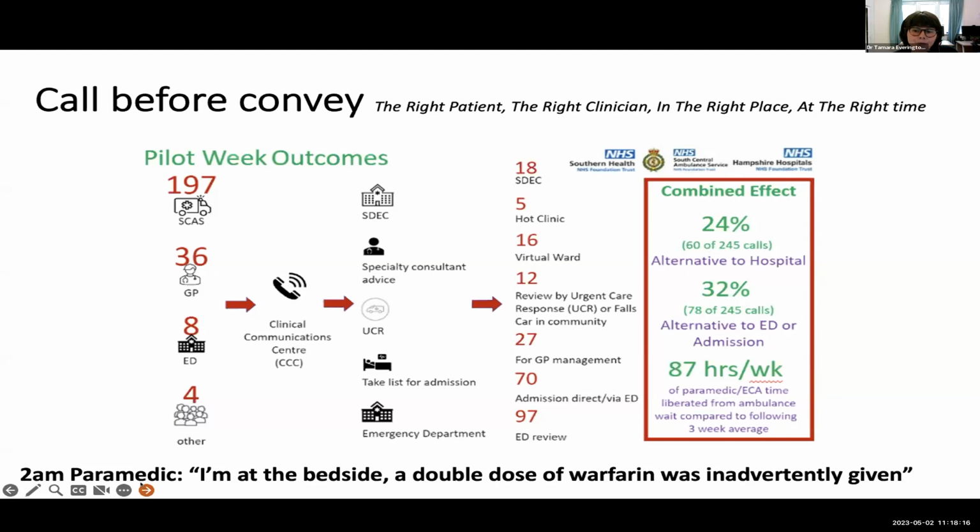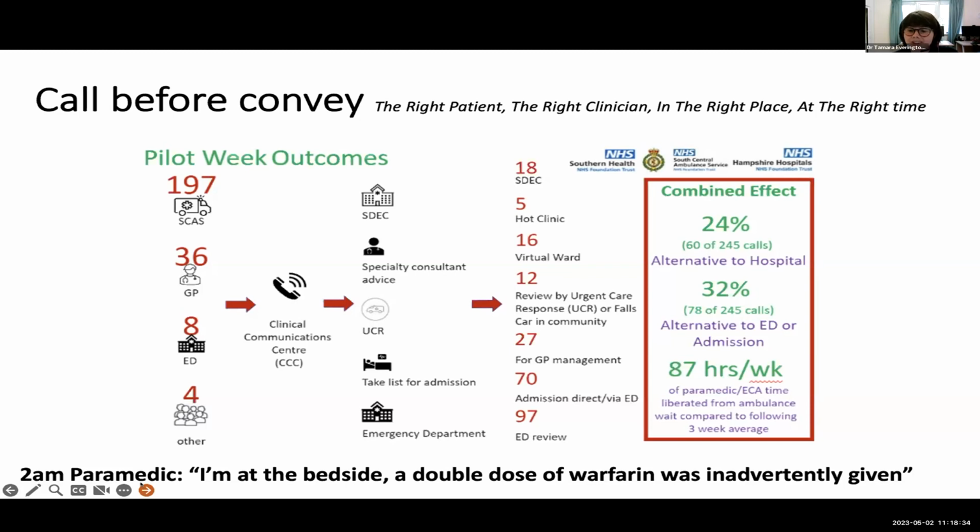And by the time he called me, he'd done an ECG. He'd been there for an hour, and he wanted to know what to do. And of course, you and I would think, "Gosh, wow, really? Was that an effective use of paramedic time?" No, it really wasn't. But at least being able to call,